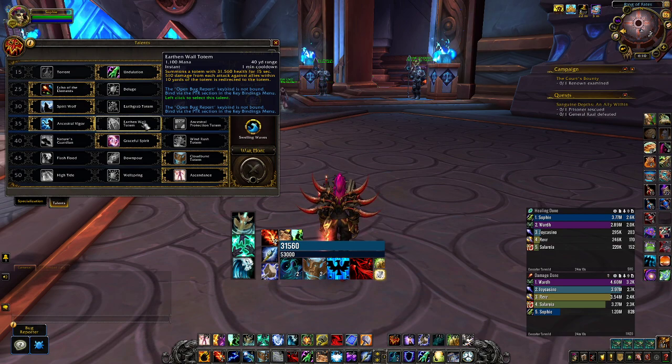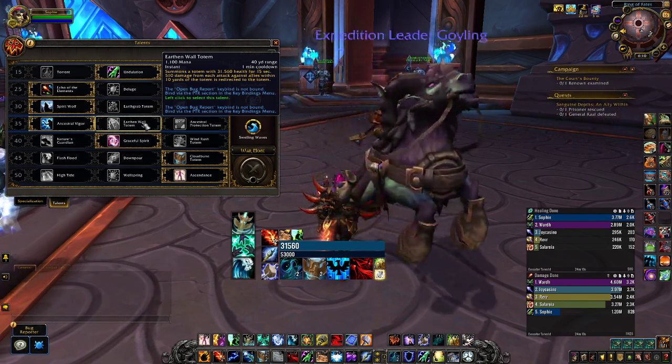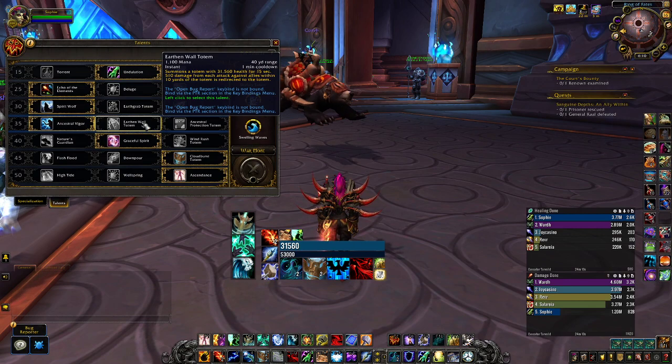Earthen Wall, again, is kind of interesting. Summons a totem with 31,000 health for 15 seconds. 500 damage from each attack is directed to the totem. It just is kind of an awkward...